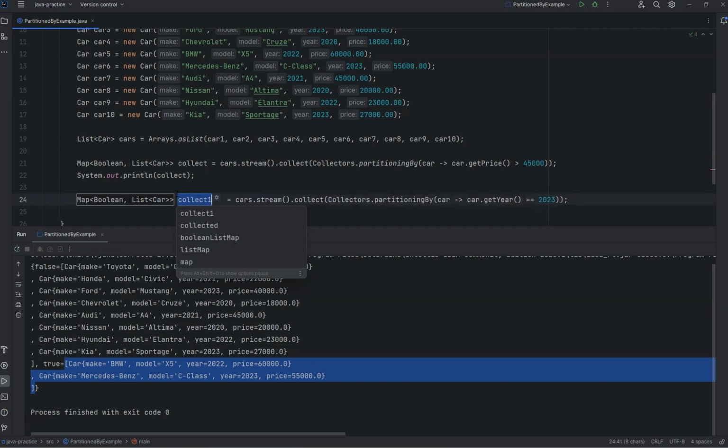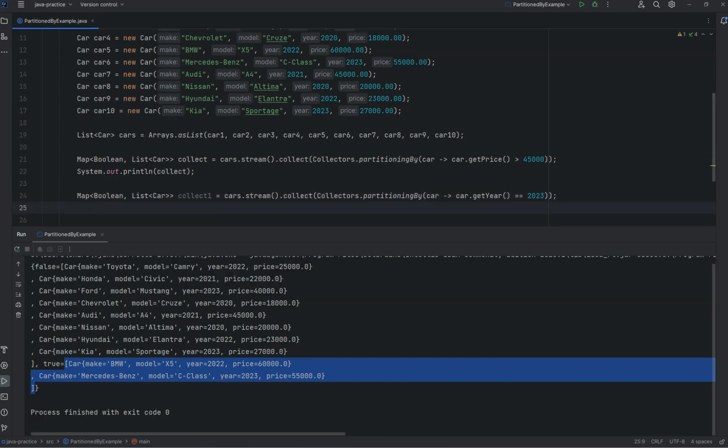If you do this and print the collected result,